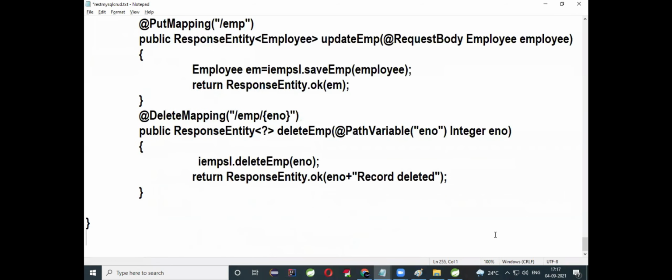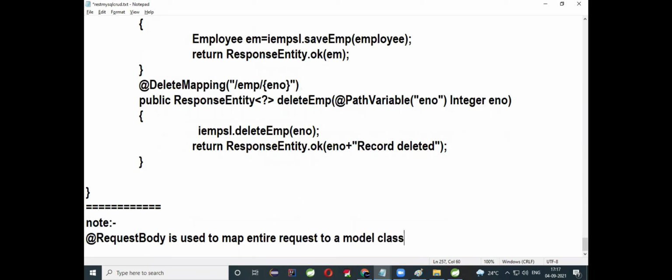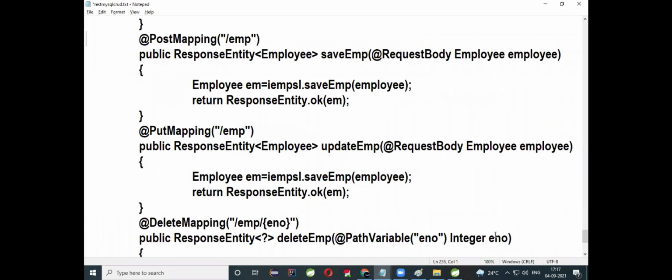Here you can write something like points. @RequestBody is an annotation actually. @RequestBody is used to map the entire request to a model class. Is it clear? Entire request to the model class. This is your request body.